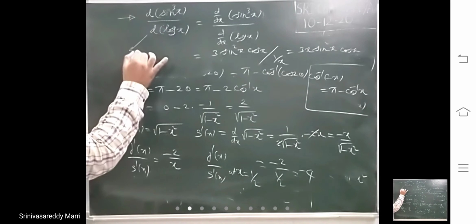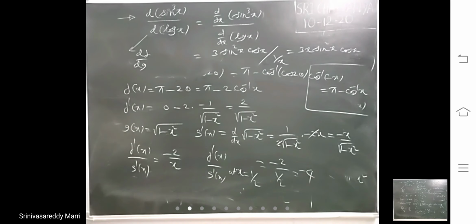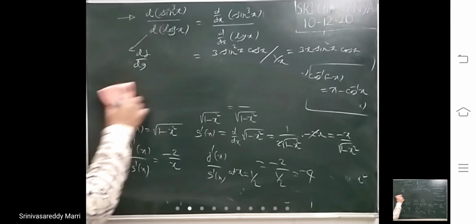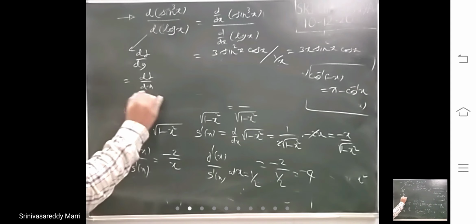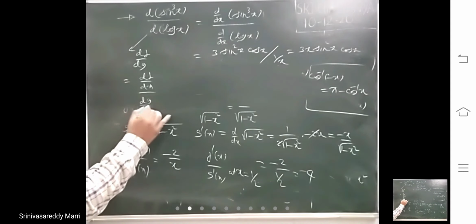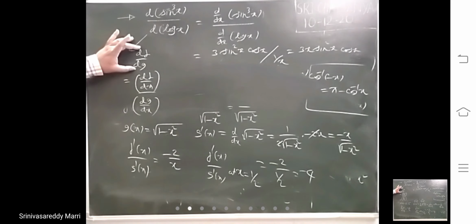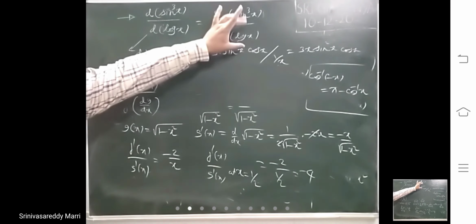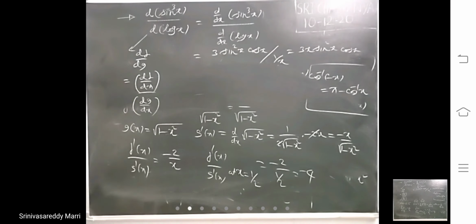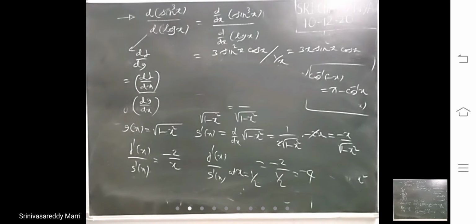His meaning is, let us take this as df by dg, derivative of f with respect to g. This is nothing but according to our definition df by dx divided by dg by dx. This is what I have written. Look at d by dx of f divided by d by dx of g. That is your required one. D means d by dx of the numerator divided by d by dx of the denominator.